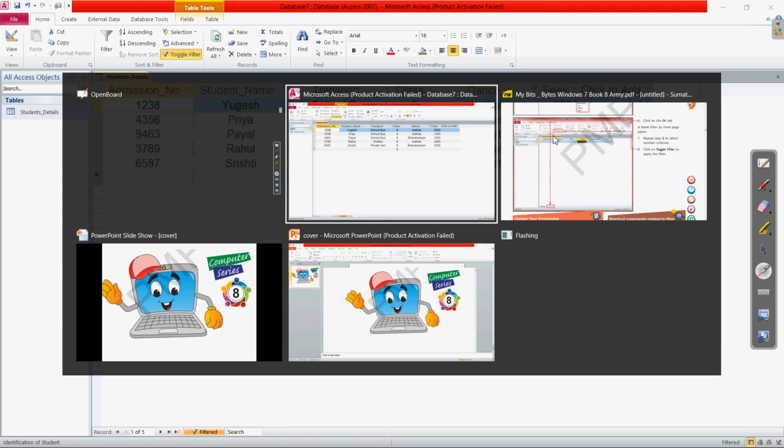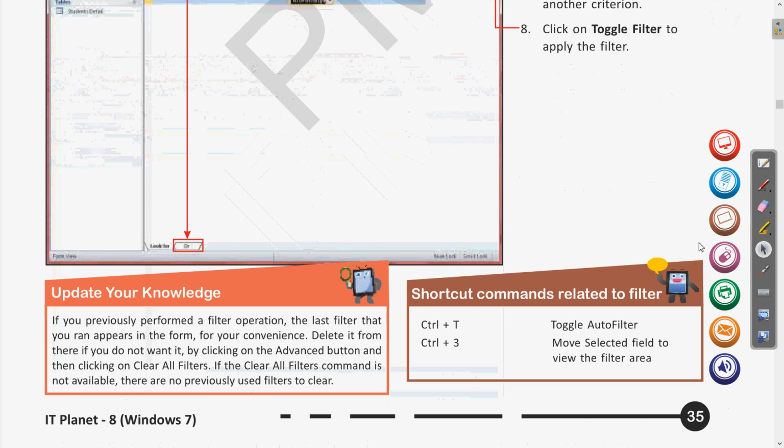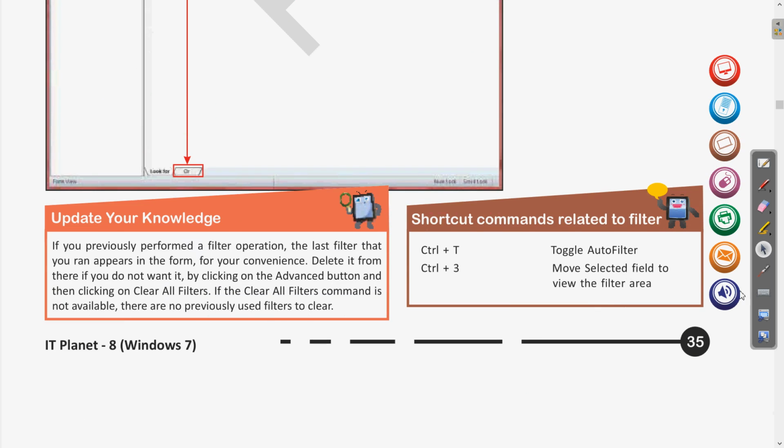So this is how it is very beneficial to filter and use the different methods for filtering the data. Clear? Let us read this update knowledge also. If you previously performed a filter operation, the last filter appears in the form for your convenience. Clear? So for the filtering operation, whatever previous operations we have performed, they will appear.